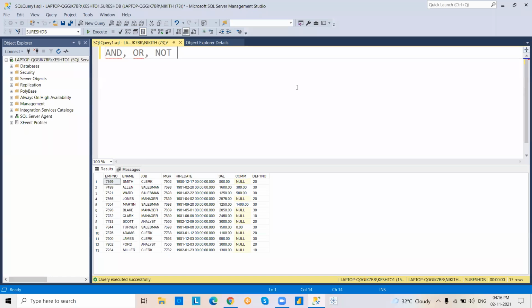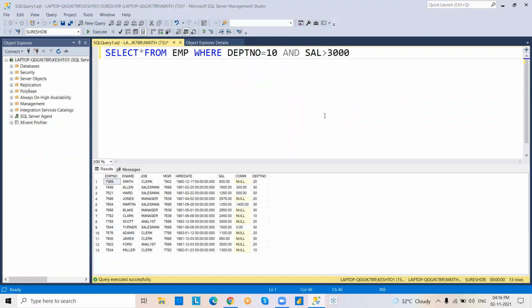See, generally we use and, or operators when we are working with multiple conditions. Okay. For example, select star from EMP where department number equal to 10 and salary greater than 3000.